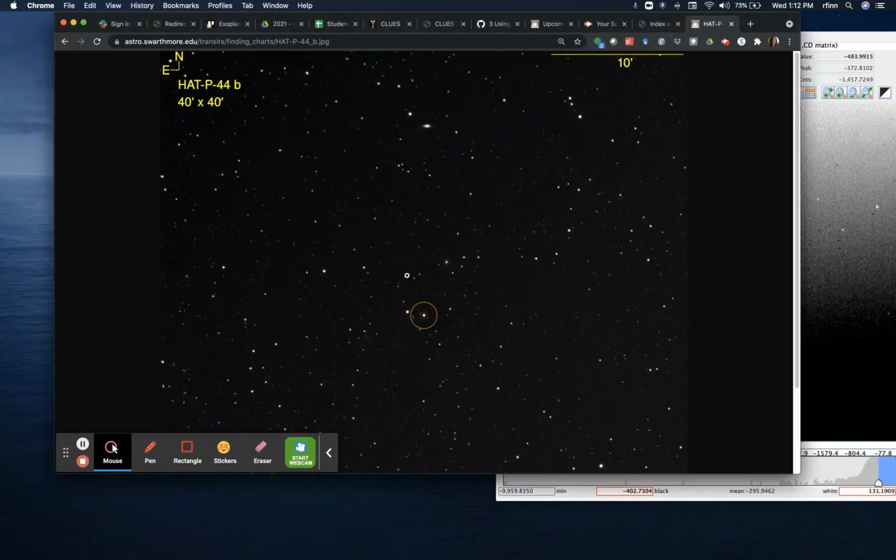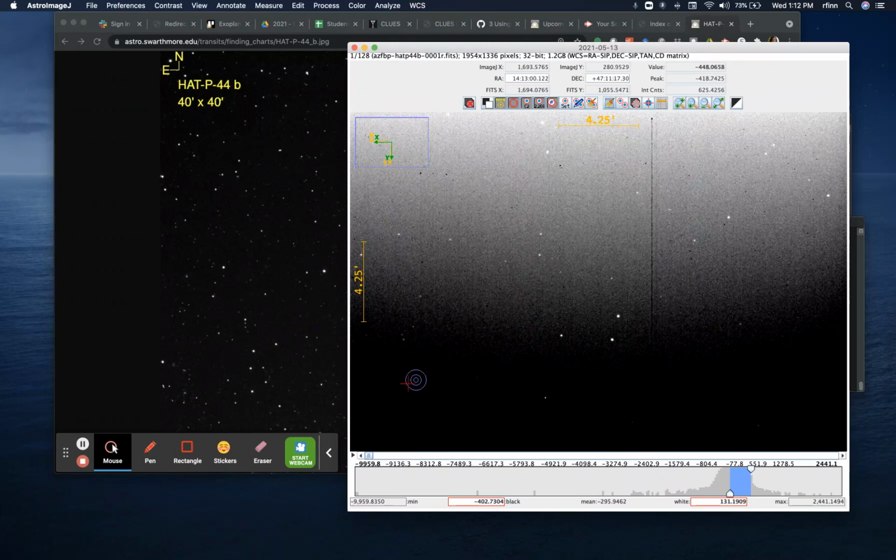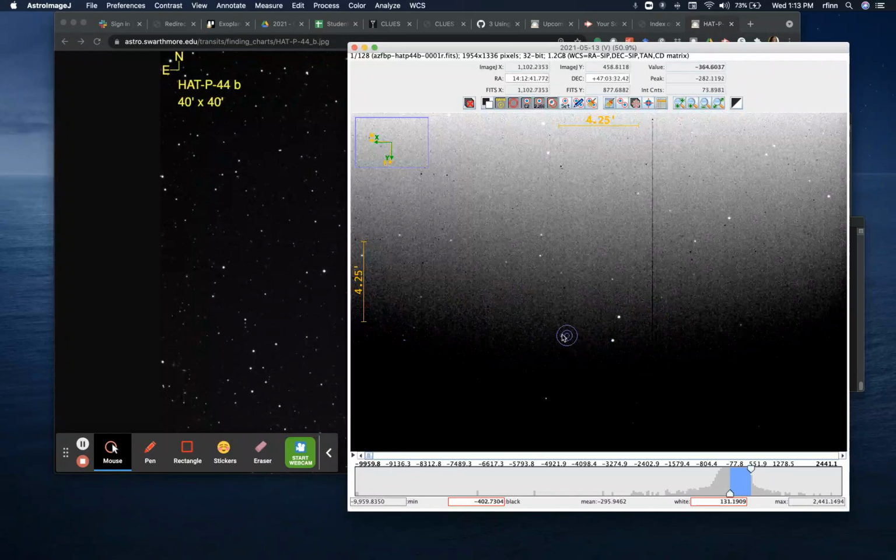But you also want to look at the field of view. So this is a 40 by 40 arc minute field of view. Our imaging camera's got like, I don't know, 29 by 15 or something like that. Oh, here it's saying 4.5 arc minutes there. Anyway, the thing that I focused on when I did this before was this little triangle here,